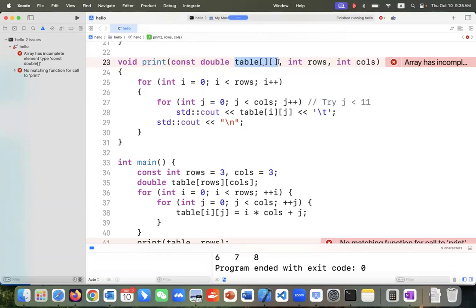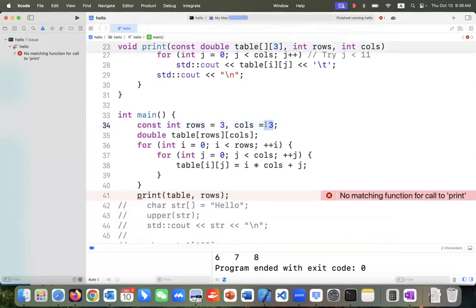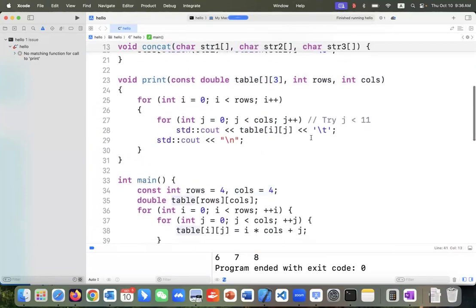So when it's trying to do this, it's still trying to figure out what the columns are, right? So you have to give the column size to your function call. For example, if we put 3 here, it also has one extra problem: you are making this function call less useful, right? It can only work for a 2-dimensional array whose columns are 3. If your columns are 4, for instance,